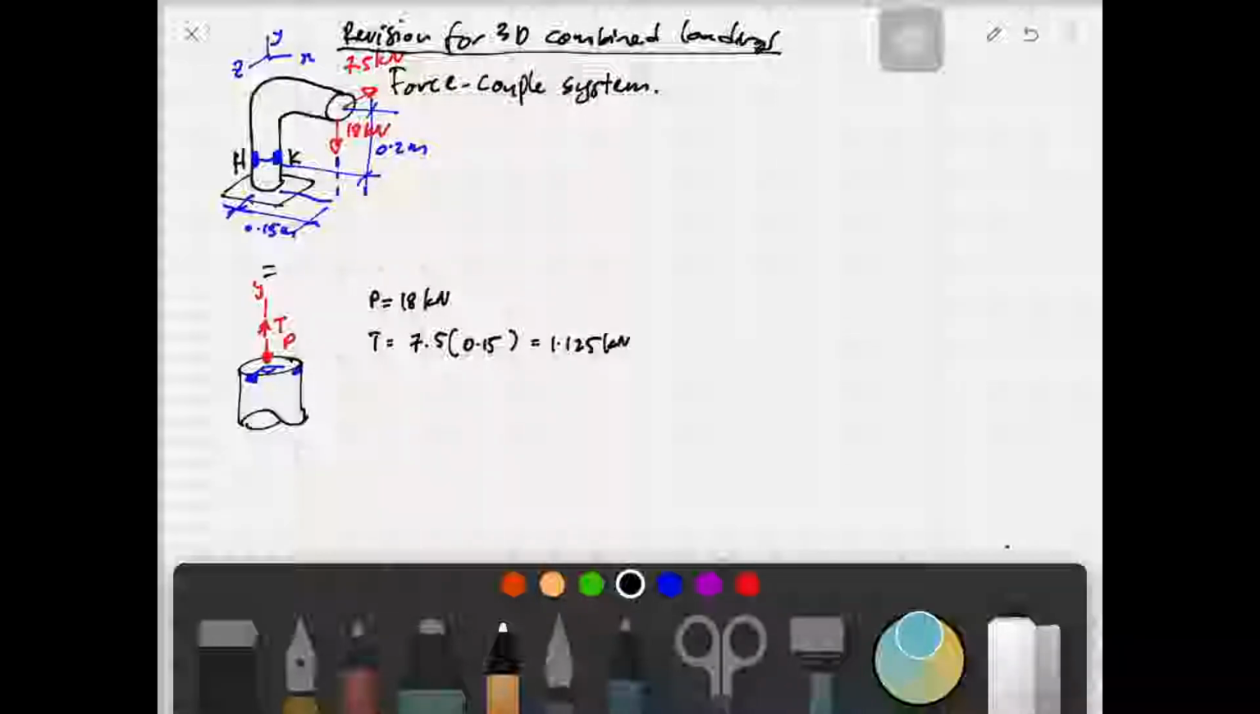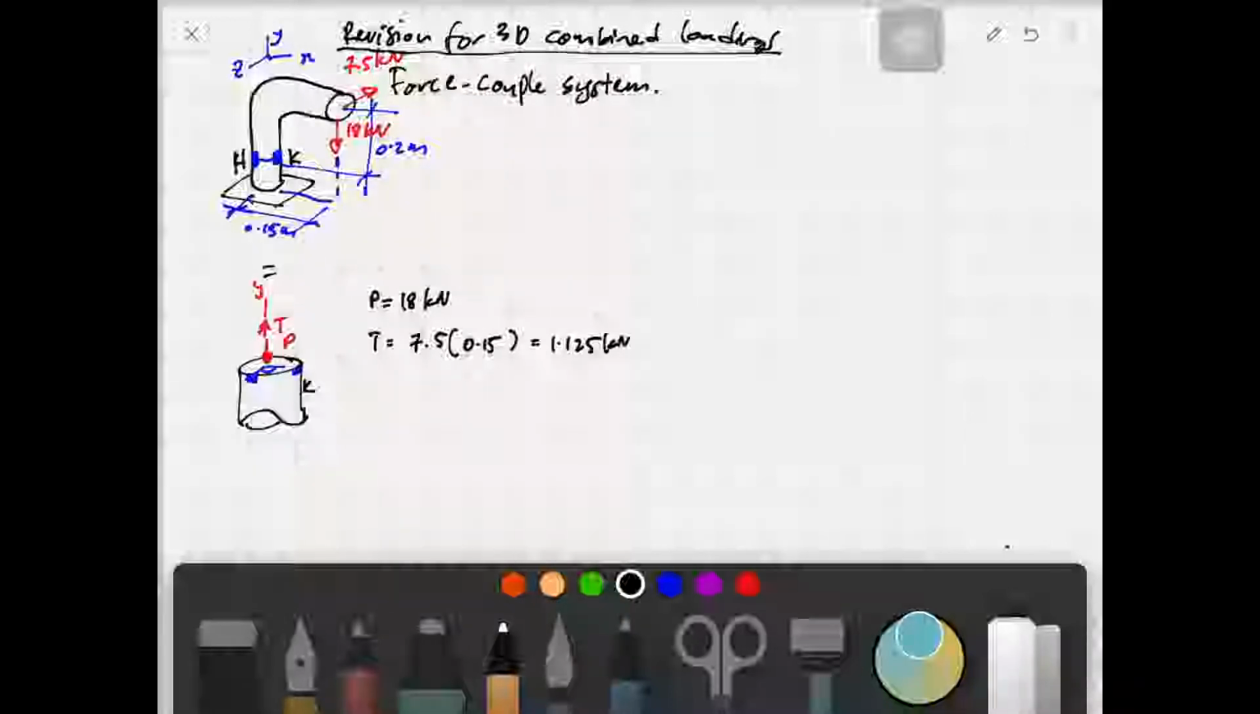I hope you can see that this is the skill, if you do the revision before your test or exam for combined loadings, looking at three-dimensional. It is not straightforward, but being able to see this is going to help you a lot in solving